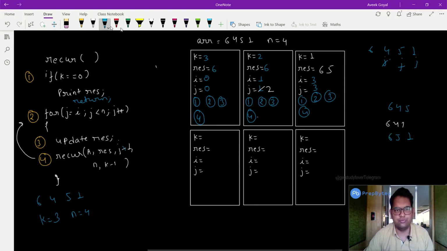Now 4, we are at 4. It increments. Go to the second step. j plus plus, j will become 4. 4 is less than 4, no, so we will not enter the for loop. We will exit the for loop and return back to the calling function. Okay, once we return back to the calling function, now here again the loop will increment, so j value will become